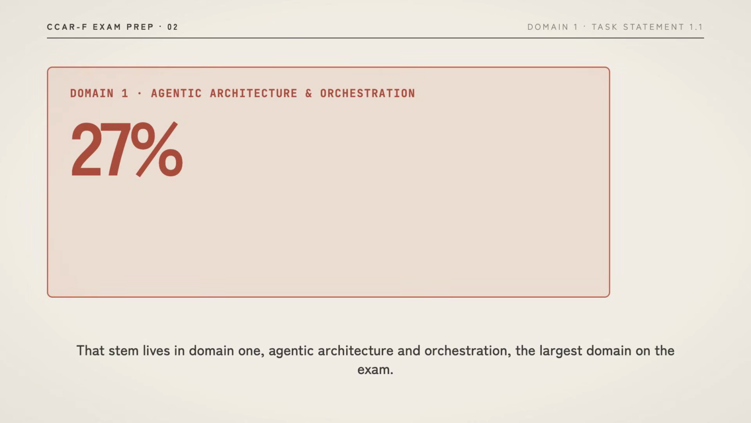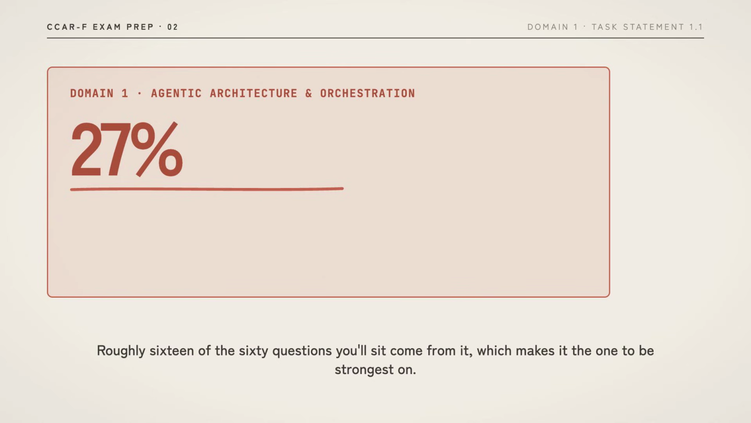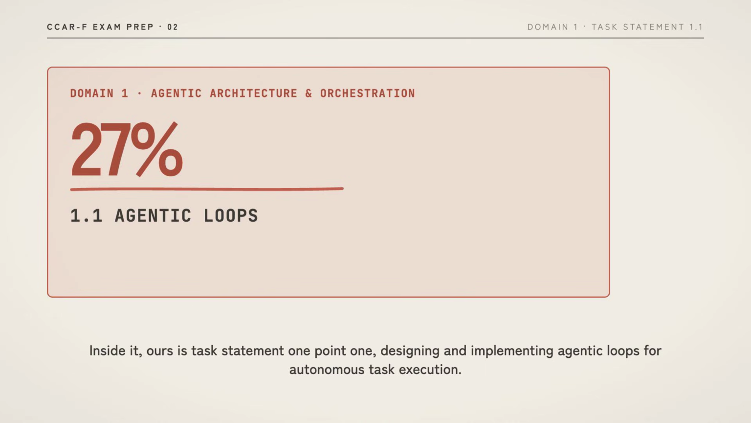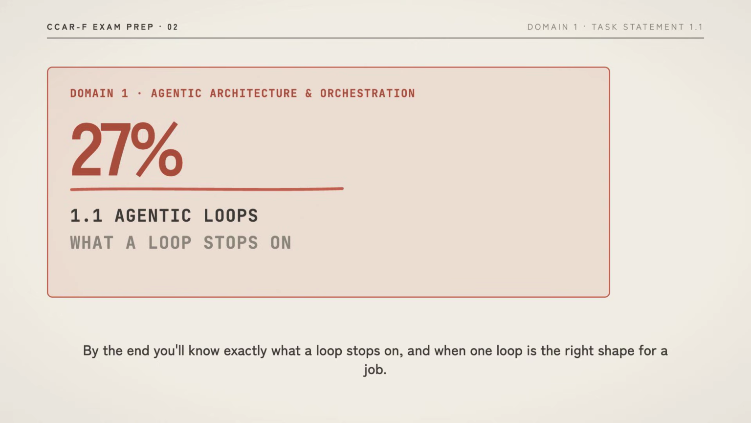That stem lives in domain 1, Agentic Architecture and Orchestration, the largest domain on the exam. Roughly 16 of the 60 questions you'll sit come from it, which makes it the one to be strongest on. Inside it, ours is task statement 1.1, designing and implementing agentic loops for autonomous task execution. By the end, you'll know exactly what a loop stops on and when one loop is the right shape for